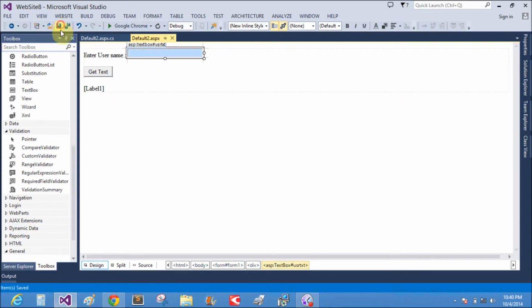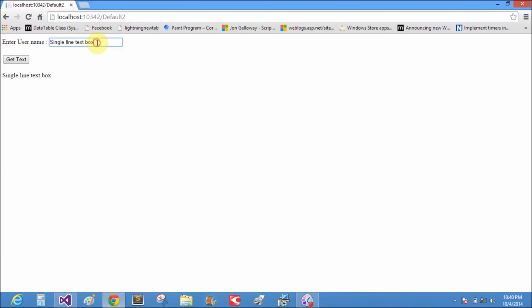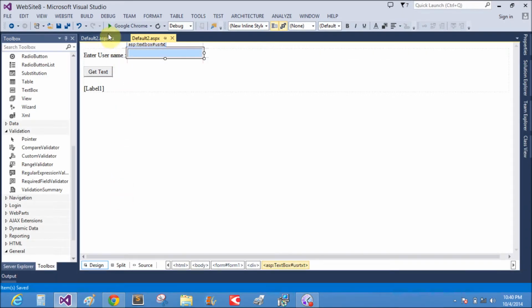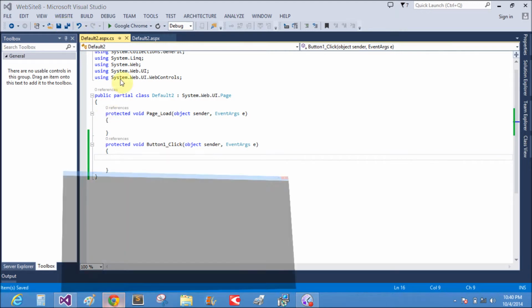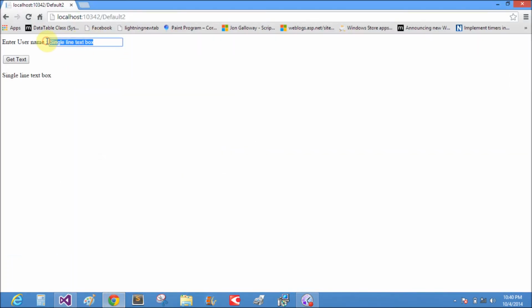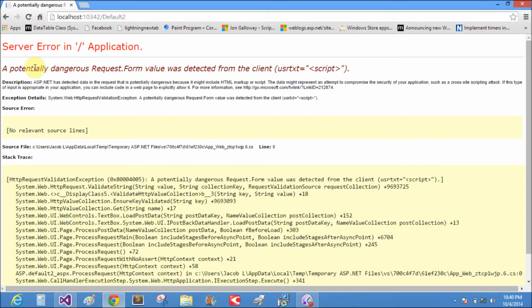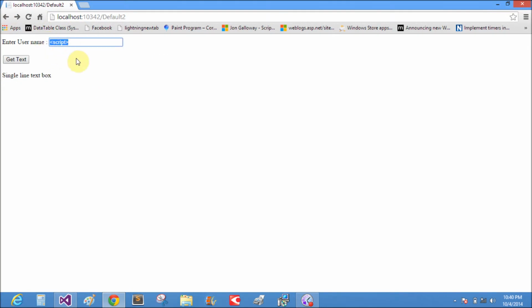When we put something wrong in the text box, like a script, suppose we pass scripts like that, a dangerous potential request error comes after passing the request. That is, a potentially dangerous Request.Form value was detected, because the anti-XSS library is applied here.